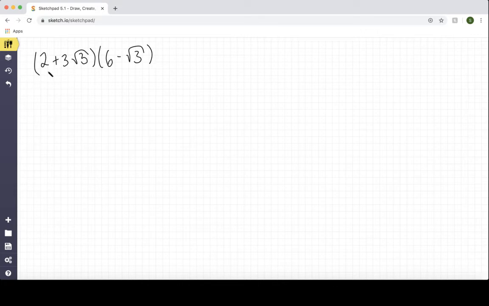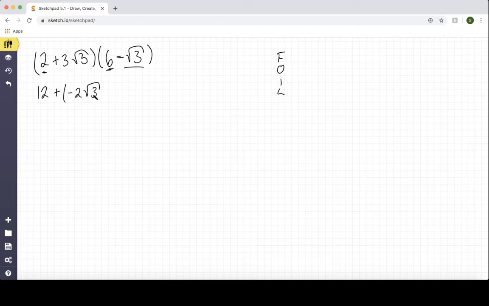So we need to do this using FOIL: first, outer, inner, last. So what's our first? Well, this is first in this bracket, and this is first in this bracket. So we get 2 times 6, which is 12, plus outer, so that's this and this, and take care of this minus symbol here. So we've got 2 times minus root 3, which is actually going to be minus 2